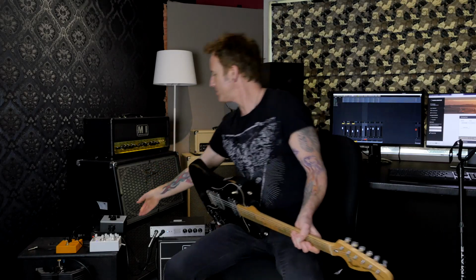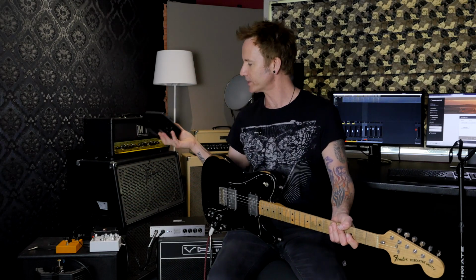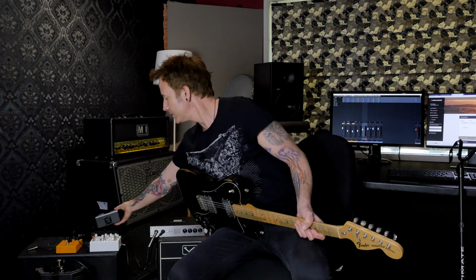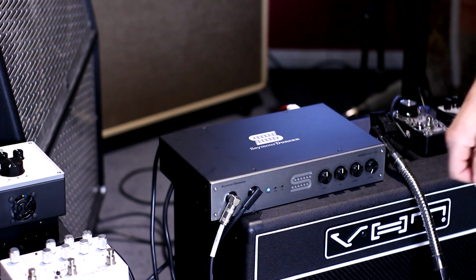You might have seen me do a demo recently for the very cool new Powerstage 170 made by Seymour Duncan, which is a 170 watt little amp head slash power amp. I'm now checking out the big brother here, which is a monster 700 watt 350 a side stereo power amp with